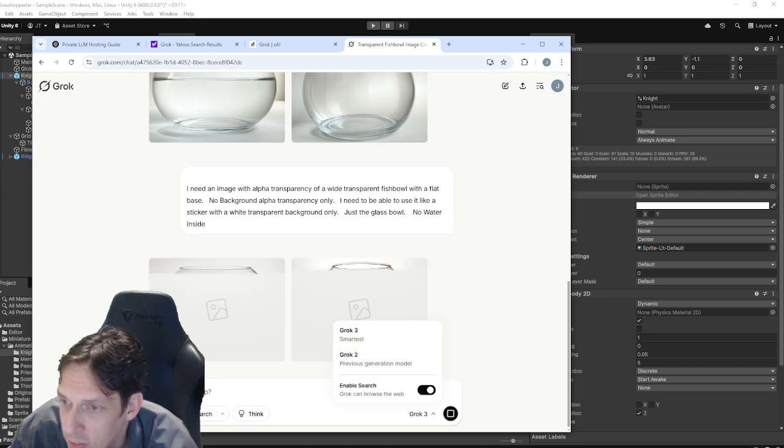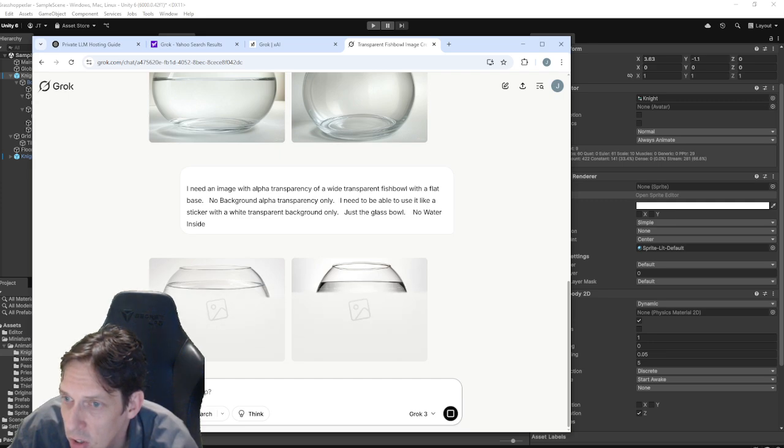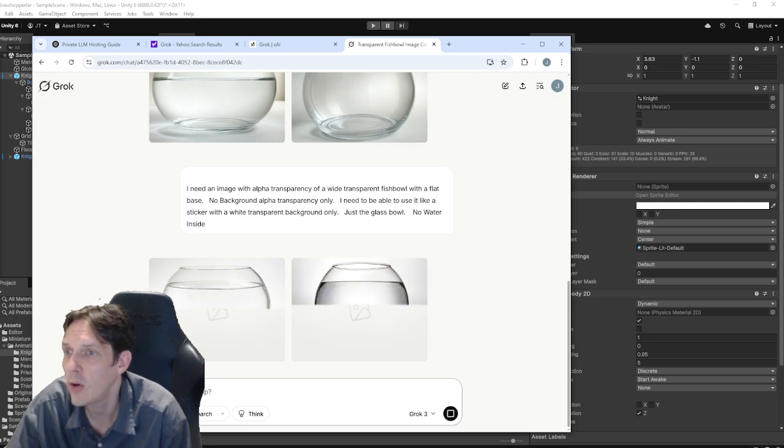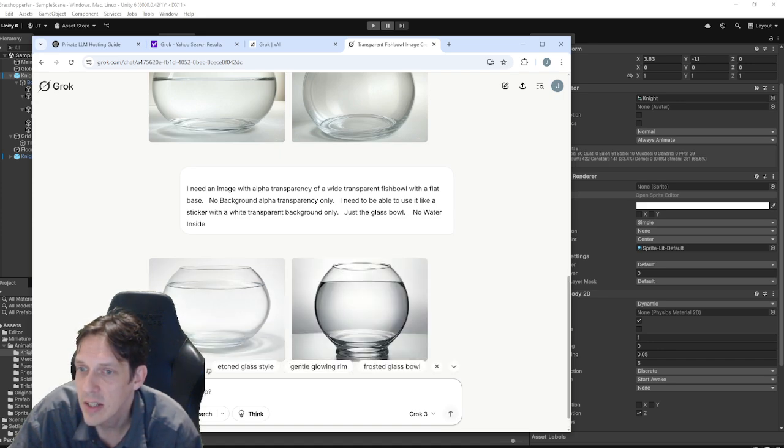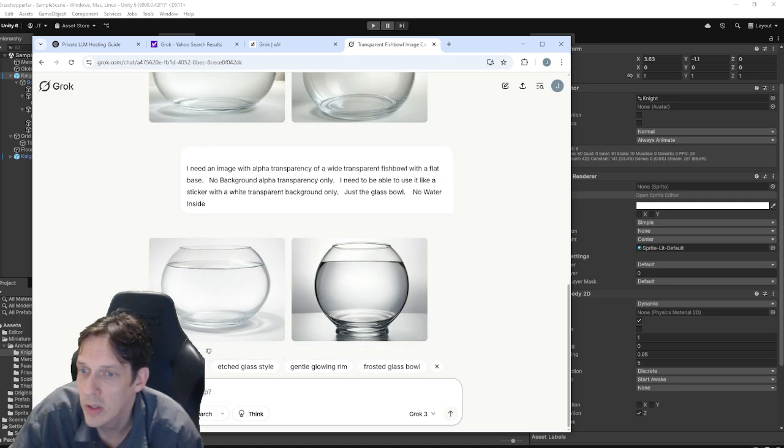What do we have? Okay, we've got that. This is starting to look good. I hate the water. How can you not understand? No water inside. It's starting to get really nice. I mean, I can edit this and make this work. So that might be what ends up happening here. But